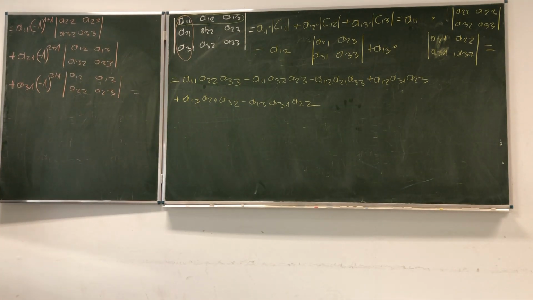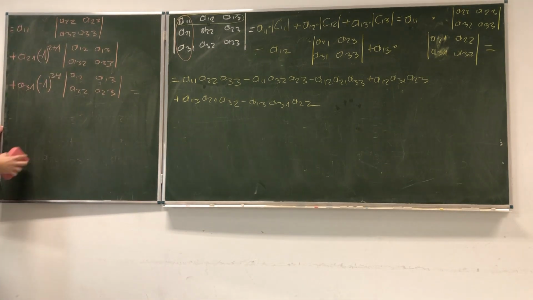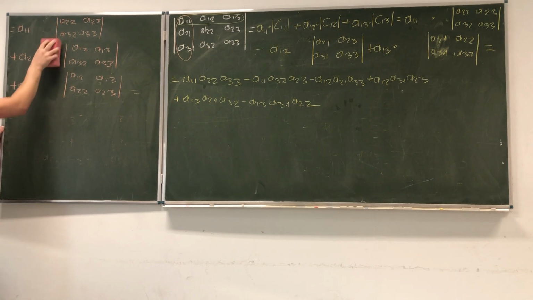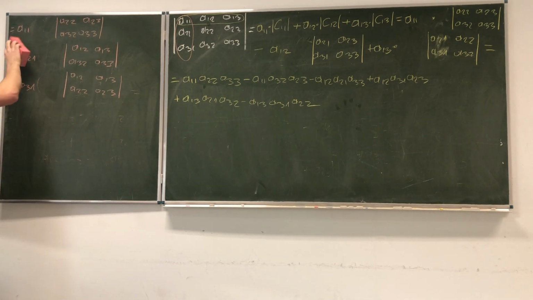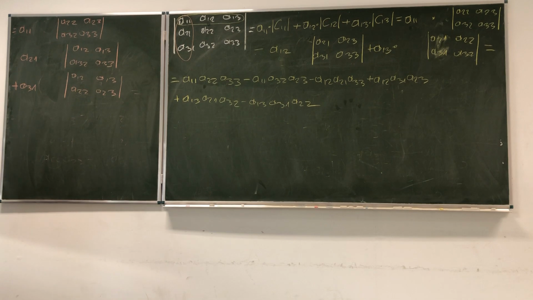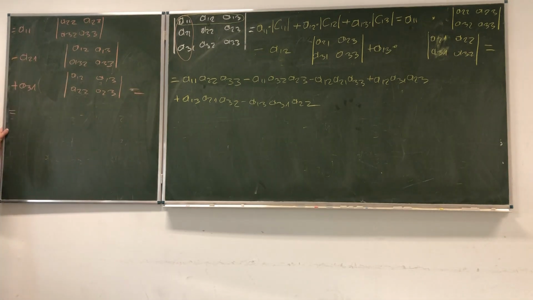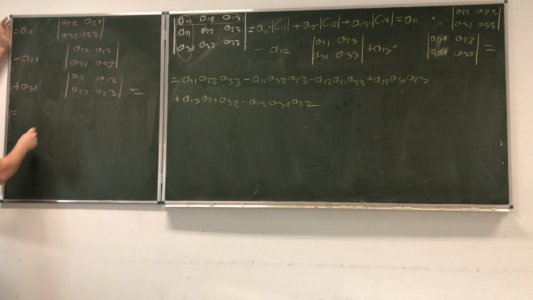Okay, now let's get rid of the expressions with negative 1. Here we will have just 1. Here we will have just 1. Here we will have negative 1, right? So I need to just put minus up front. Okay, so now again I need to calculate this using exactly the same